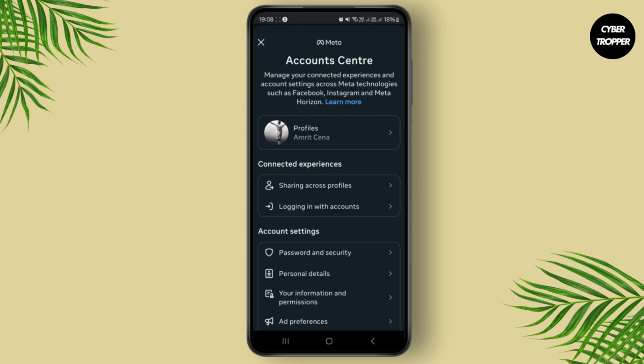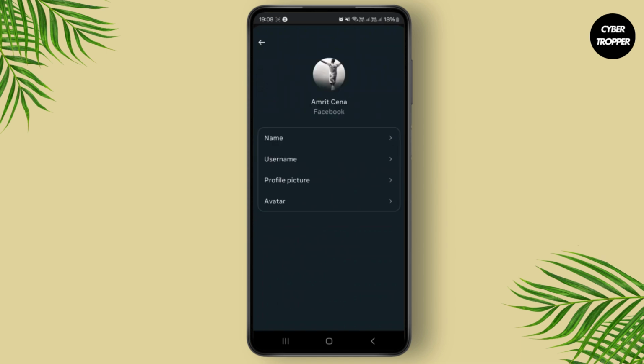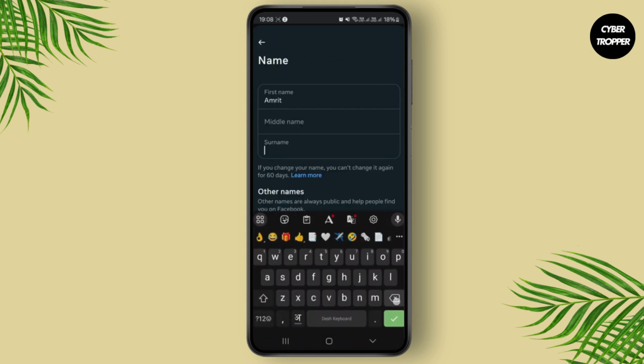and once you click on the account center, you will see the option called profile. When you enter the profile section, you'll again have to click on the Facebook, and from here you'll be redirected to this page. And as you can see, when I click on name, you will see your first name, middle name, and surname. So if I want to keep only my first name, what I can do is simply delete